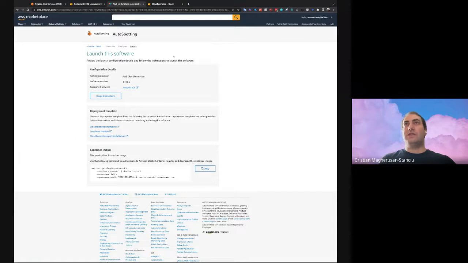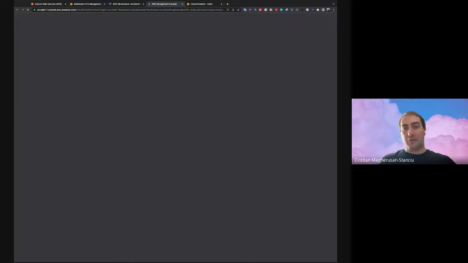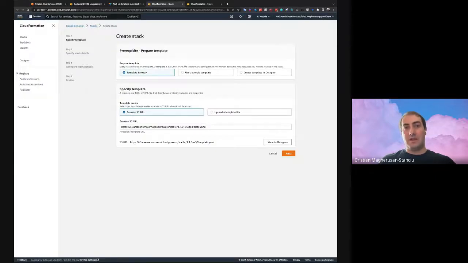Once it's shown in this view, essentially you have three different options. You can download the CloudFormation template to run it yourself. There is a Terraform module if you want to use Terraform for it. And there's also a CloudFormation quick installation. So I'm going to follow this quick installation because it's the most seamless option that we have. You just have to click a few buttons and you have it installed in your account. The others are good if you're using infrastructure as code, but in this demo, I'm just going to run it